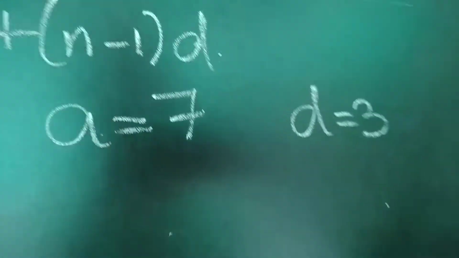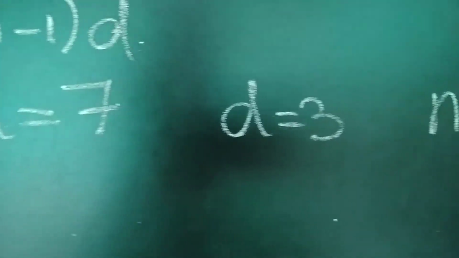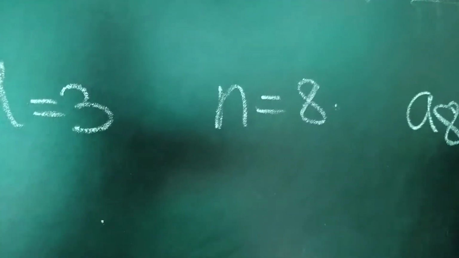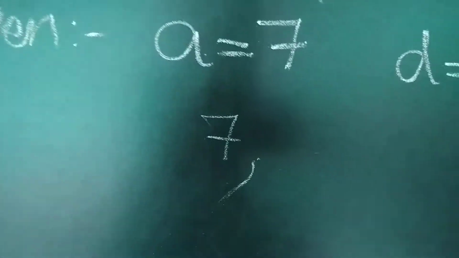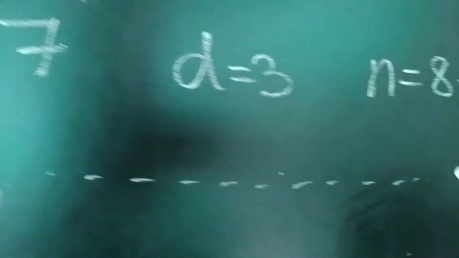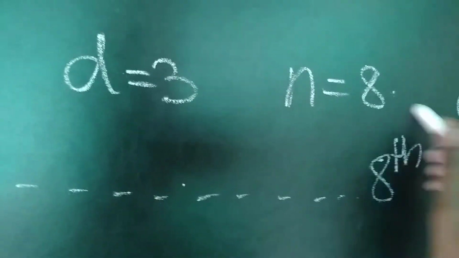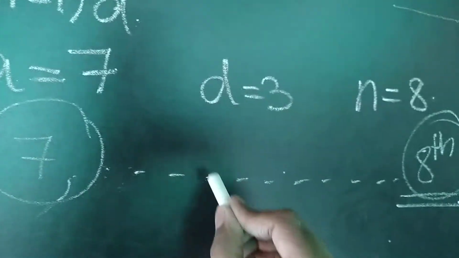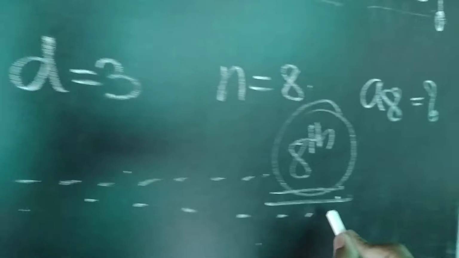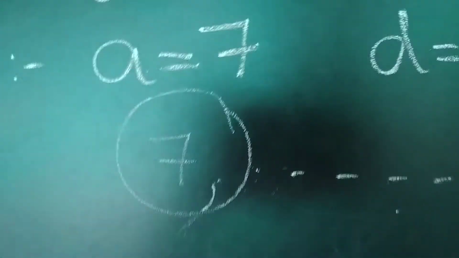So let me write here. Write along with me. And so we need to find a8. In the sense, we are having an AP where the starting term is 7 and it goes on such that we need to find what will be the 8th term of an AP. So this is the first term. Second term will be some other value. Third term will be some other value. Like that, we need to find what will be the 8th term of an AP if they have given a to be 7, d to be 3 and number of terms to be 8.